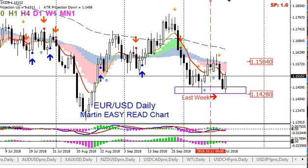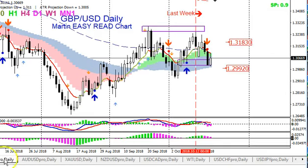Now we move on to the next pair, the British Pound USD. This was one of the losers that I had last week, but that's okay, because like I said, in total, there were more than 200 pips that you could have made. That included the 2 losers. So for this week, let's take a look. I'm looking at sells below this level right here, 129.92, buys above here,